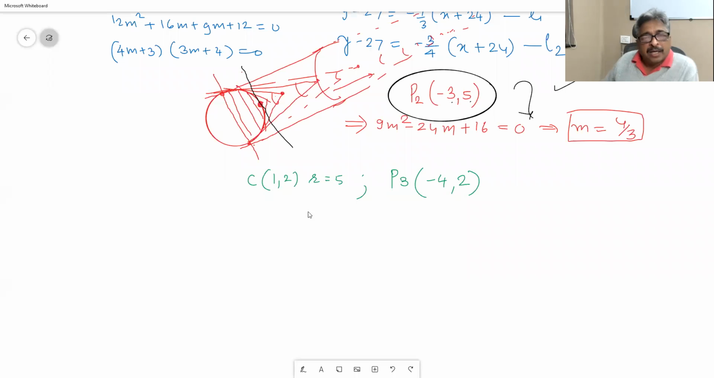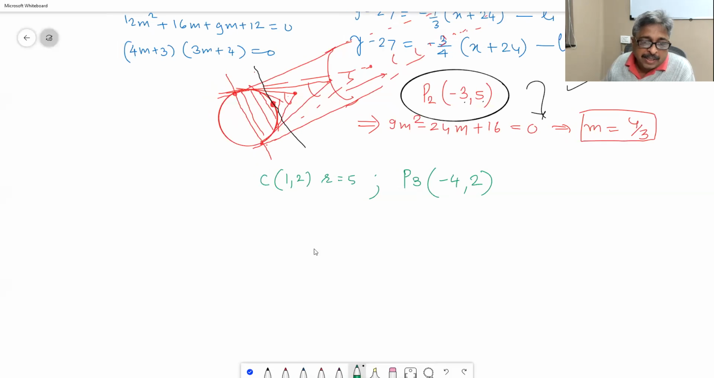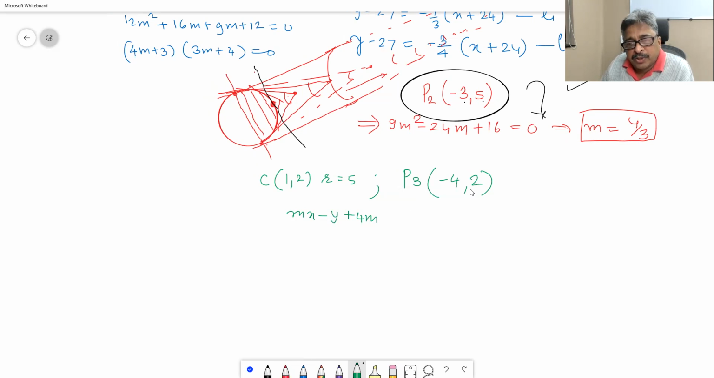Anything other than algebra? Okay, so let me go through algebra now. Let the slope of the required tangent be m. The equation of the tangent is mx minus y plus 4m plus 2 is equal to 0. Distance is 5, so 25 m square plus 1 is equal to